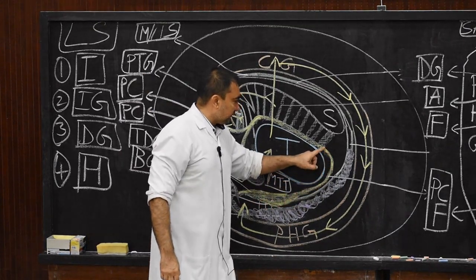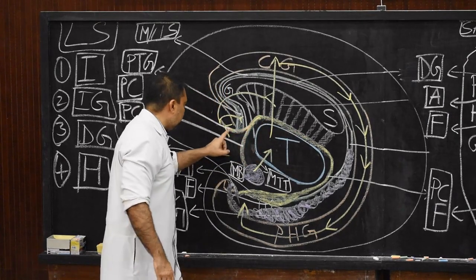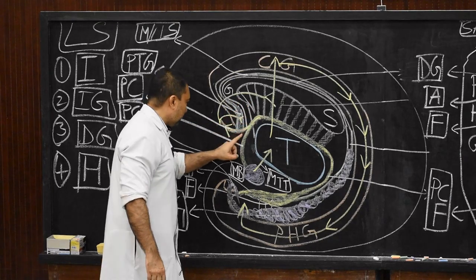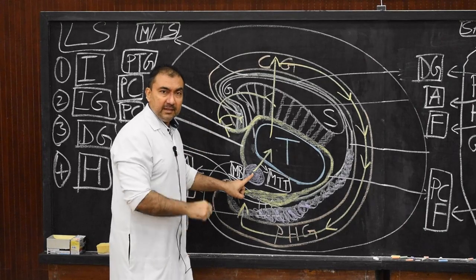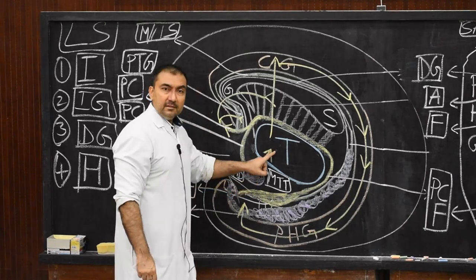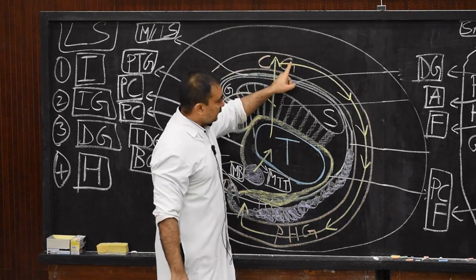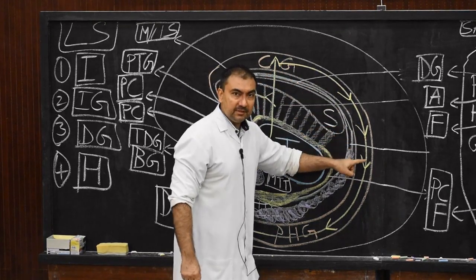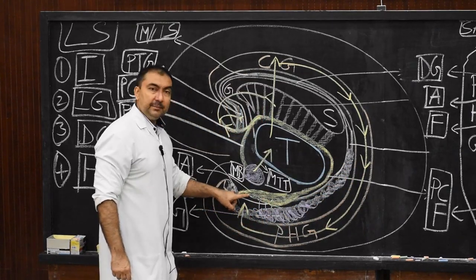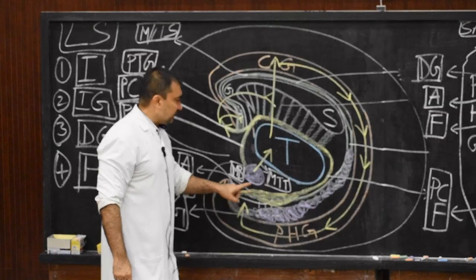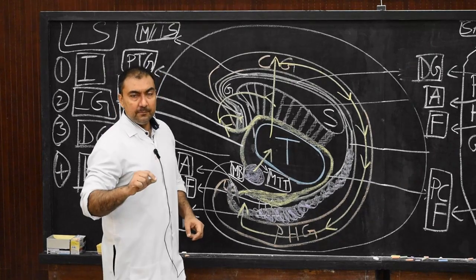posterior columns of the fornix, body of the fornix, anterior columns of the fornix, precommissural fibers ending in the septal area, postcommissural fibers, then very important landmarks, the mammillary body, then nuclei of the thalamus, from the thalamus to the cingulate gyrus, from the cingulate gyrus through the cingulum, to the hippocampus again. So this circuit which I have named is known as the Papez circuit, P-A-P-E-Z.